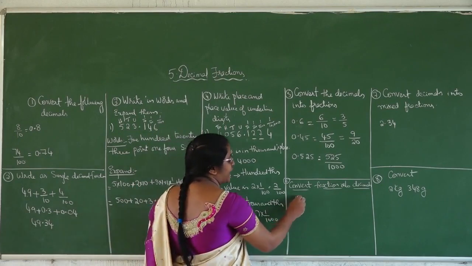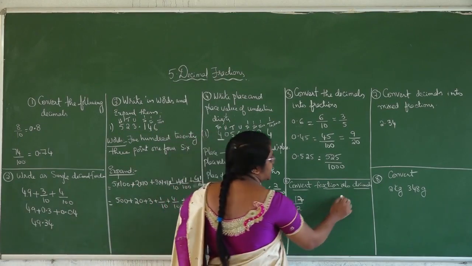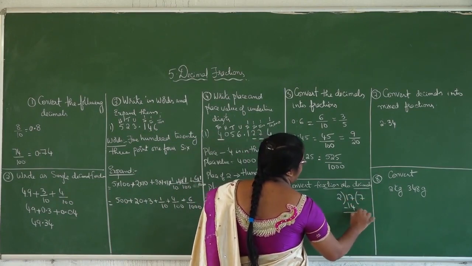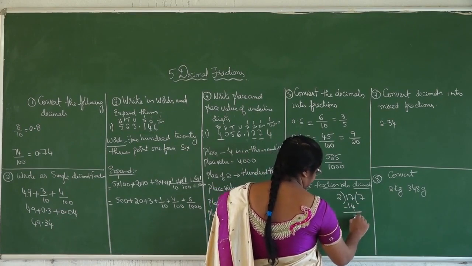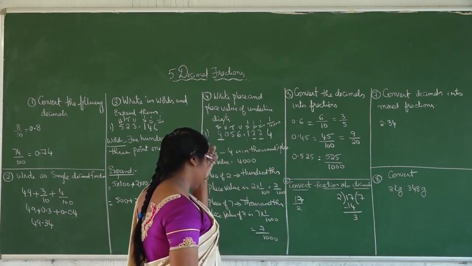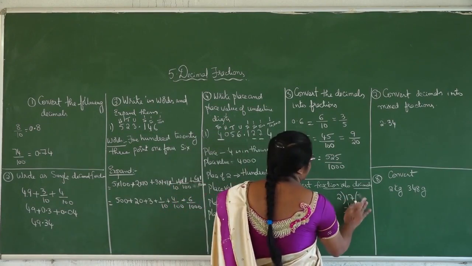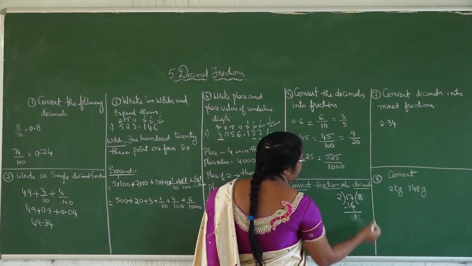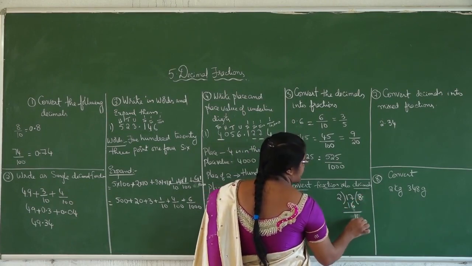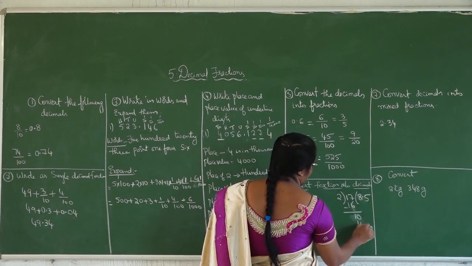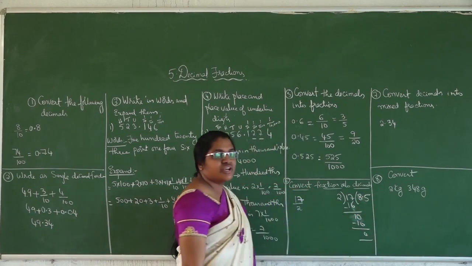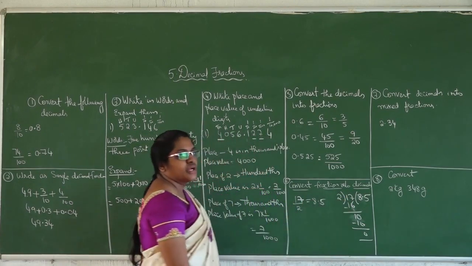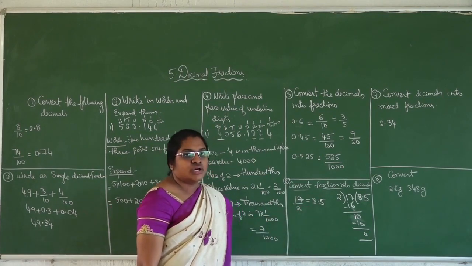See, 17 by 2. 17 should be divided by 2. That is 8 2s are 16, and 1 is remaining. Now if you put the decimal you get 0, and 2 5s are 10. So 17 by 2 can be written as 8.5. Now the fraction is converted into decimal.